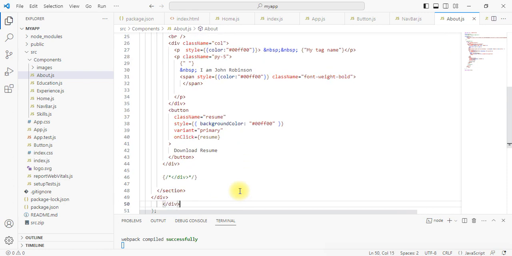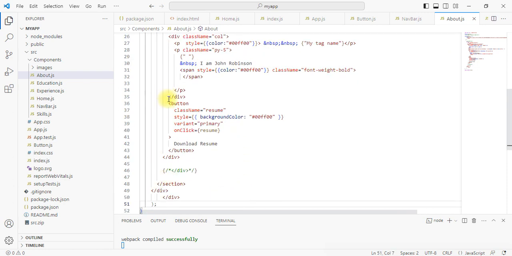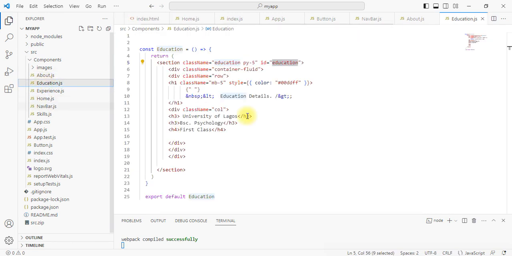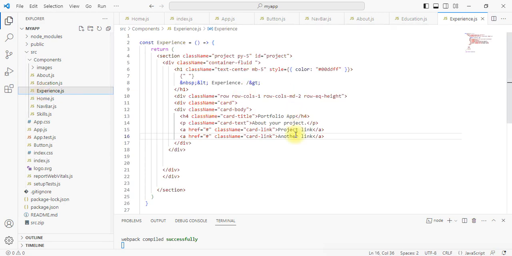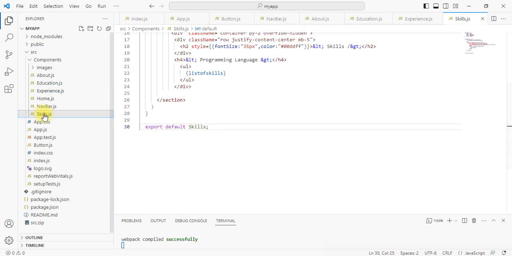Then we have a button that we use to download resume. This button listens using onClick, looks for the resume function and calls the function. Alright, then also education, we have things in the education, experience, we have things inside the experience, and then we have things inside the skills where we use